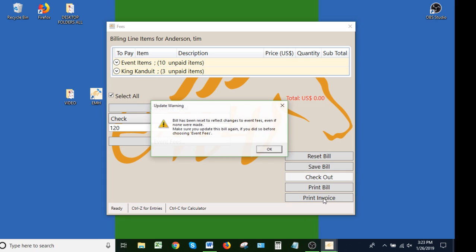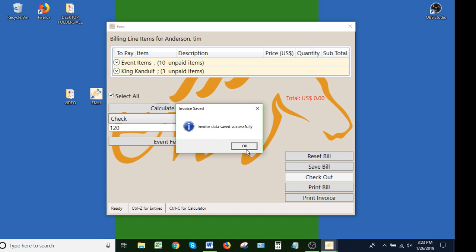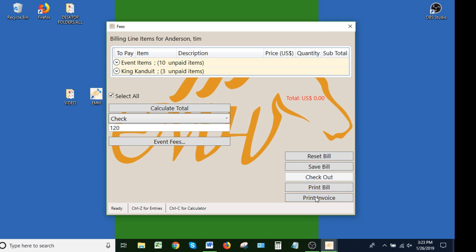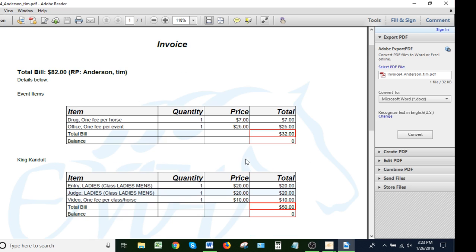So now I want to print an invoice for them to look at. So I'm going to click print invoice. And it'll come up. Give it just a few minutes for it to come up. I like to save the bill. Print invoice. There it comes. And what I like to do,